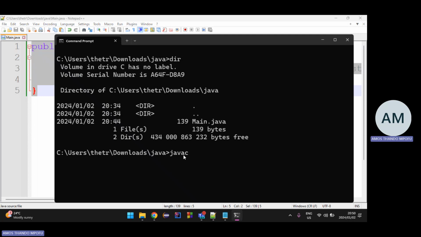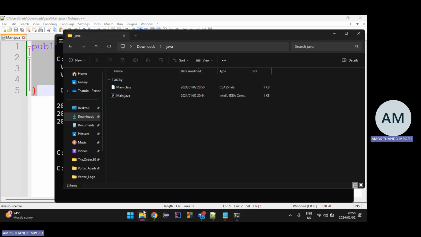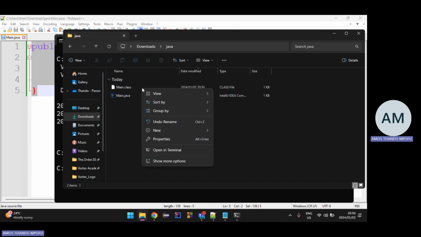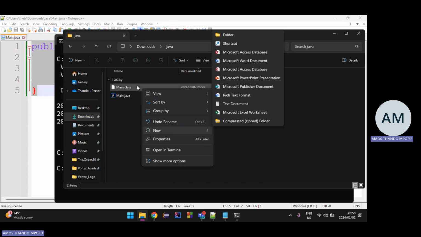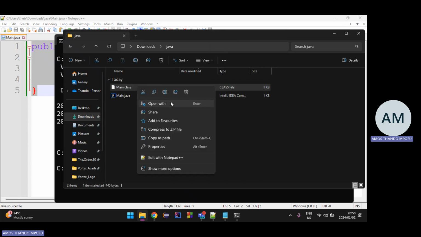So I call my Java compiler, javac. What do I want to compile? I want to compile main.java. And now it's running, it is compiled. If we check in our folder, there should be an extra file. Yeah, it's .class. This is now the binary file, this one over here.